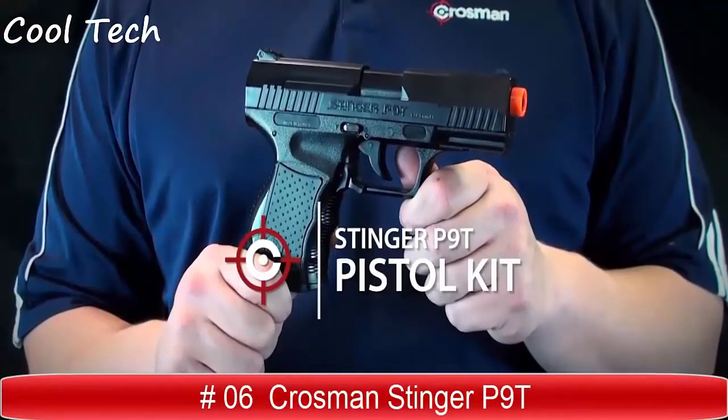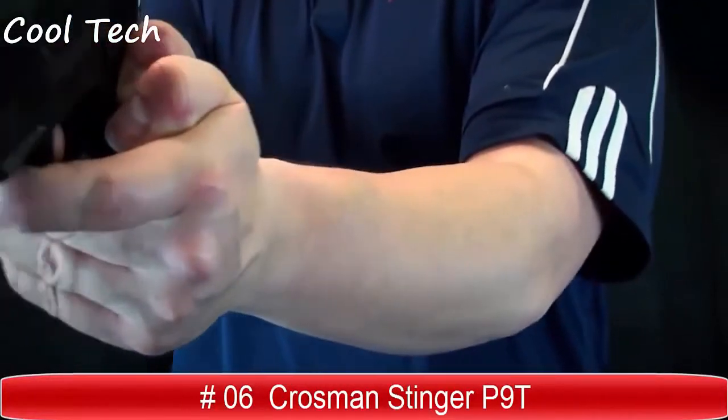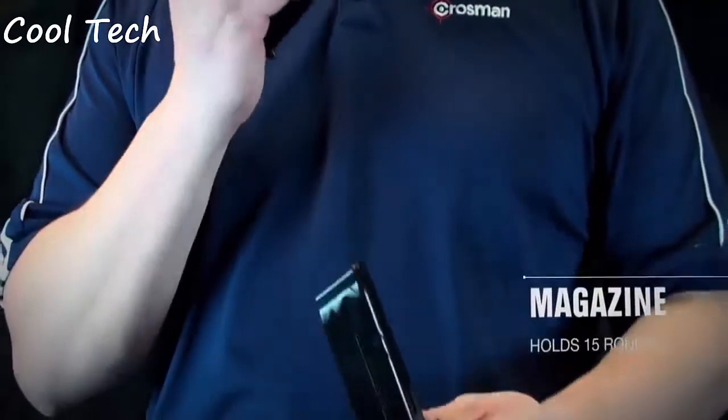The Stinger P9T pistol kit from Crosman. It's a spring-powered single-shot airsoft pistol kit that fires 6mm airsoft BBs up to 275 feet per second. The pistol features a 15-round magazine,